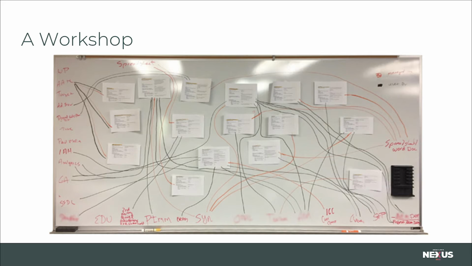And then we began our journey by holding a 2-day workshop. What you're seeing here is that before this workshop, we filled out a form with information about each existing taxonomy. And that's what you're seeing here, pasted up on this whiteboard. Then during the workshop, we took the definitions we created and then we mapped the system dependencies together. Now, this activity really shined the light on where we were with our current state.